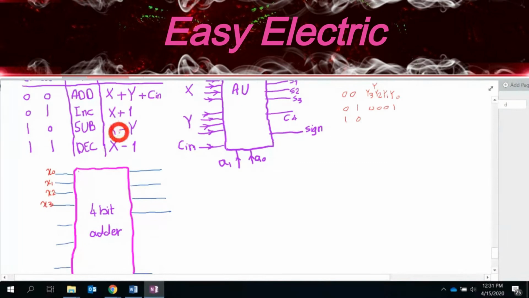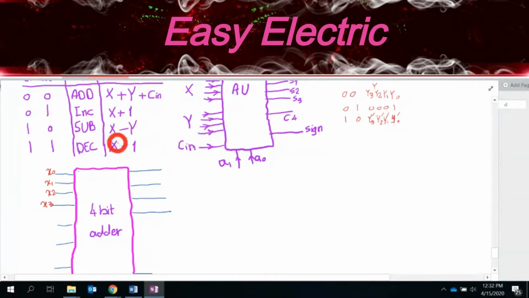If you have the case x minus y, whenever you want to do x minus y, what do you usually do? You use the first complement, right? You say it should be x plus the first complement of y. What's the first complement of y? It is y3 prime, y2 prime, y1 prime, y0 prime, okay? So if this happens, the input should be y3 prime, y2 prime, y1 prime, y0 prime. Why? Because we use the application of the first complement. We discussed that whenever you want to design a subtraction,